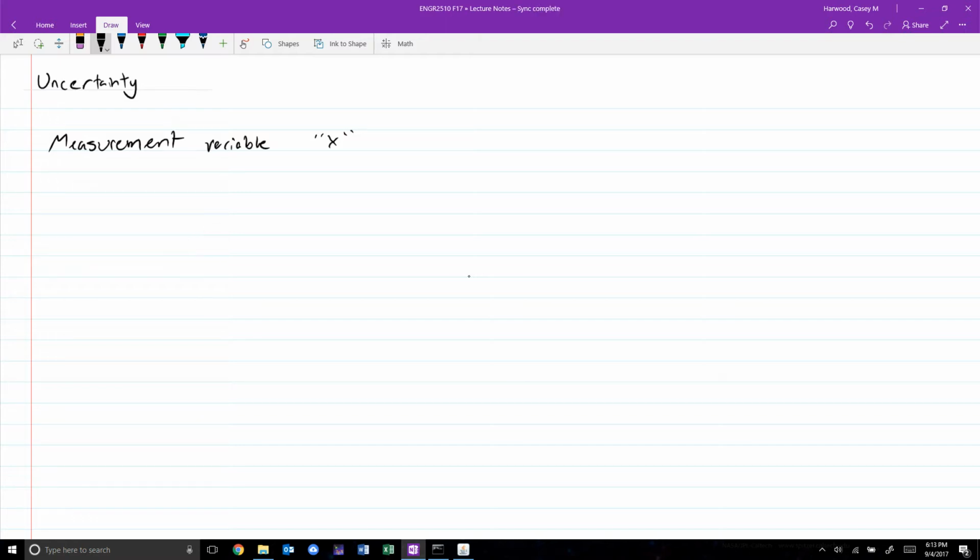So from your set of measurements of however many variables you have, you're going to be able to compute some sample statistics. In particular, X bar, which is the sample mean, and S sub X, which is the sample standard